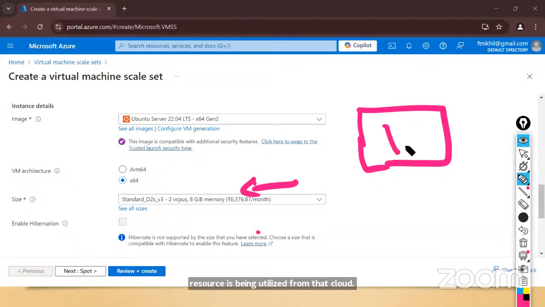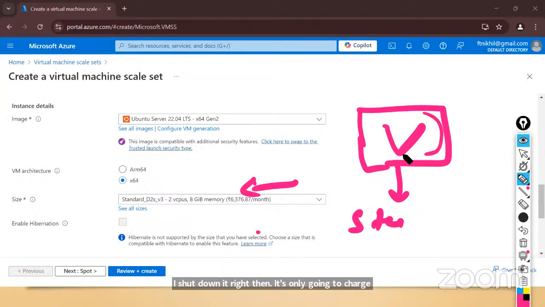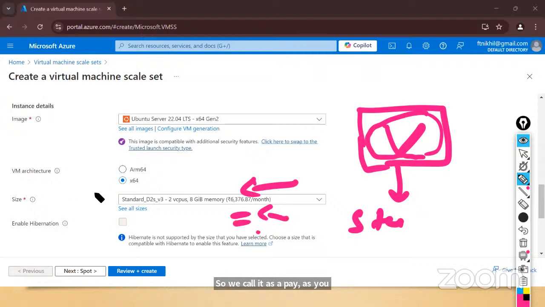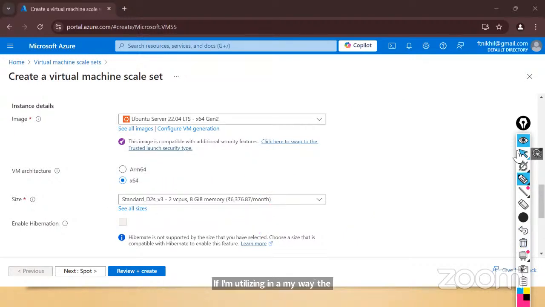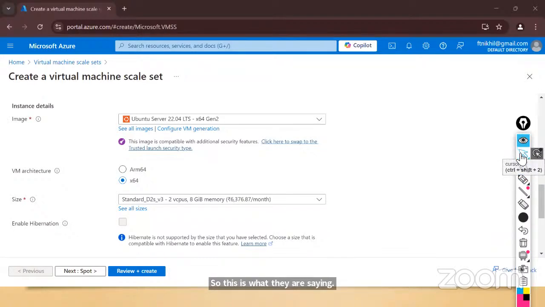So let's say this VM, I used it for today and then I shut it down. Then it's only going to charge me for the duration my VM is being used. So we call it pay as you go pricing, and the other one is upfront cost. If I'm utilizing it in my way, the cost is going to be very less here. So this is what they are saying here. If I move to the next part,